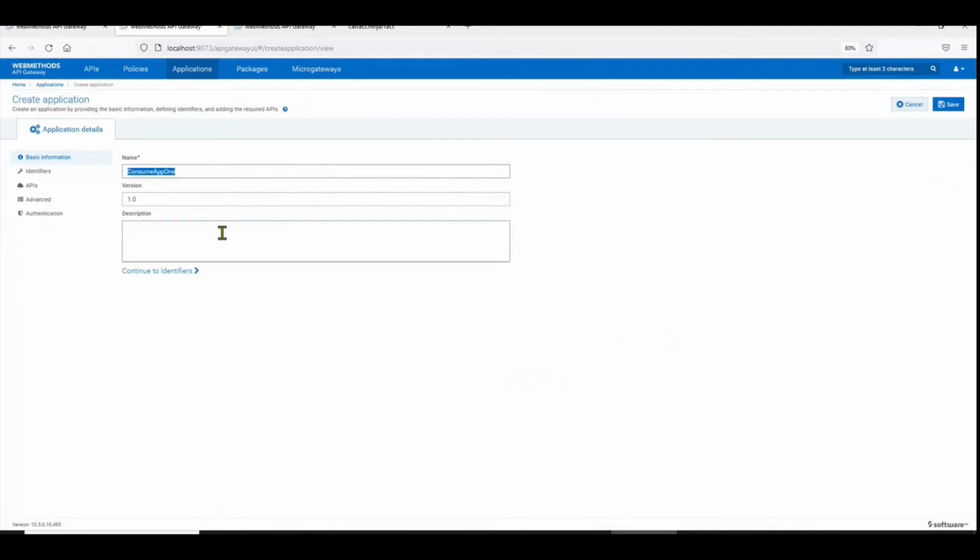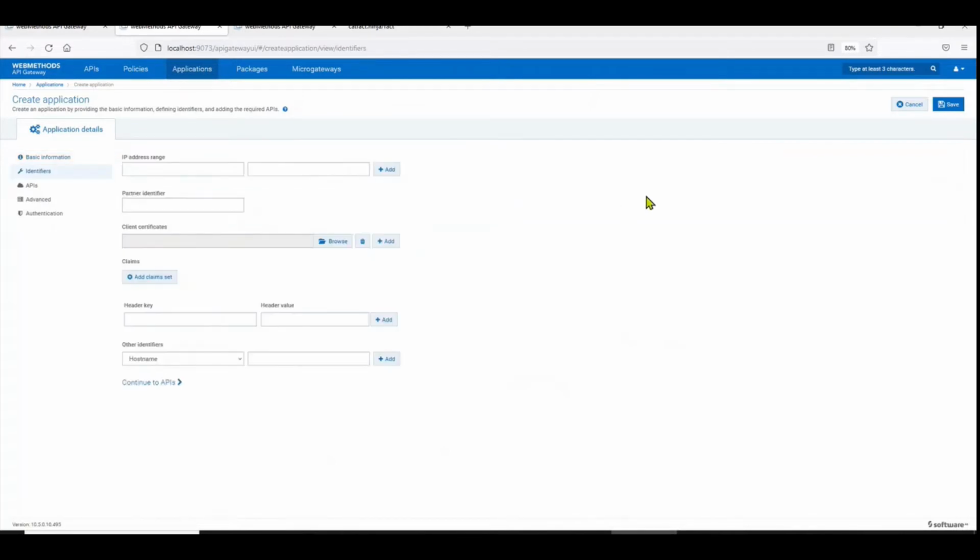We just give it a name, continue. There are other options on how to identify, by the IP address, by your certificate or claims. We're going to just use an API key based authentication.